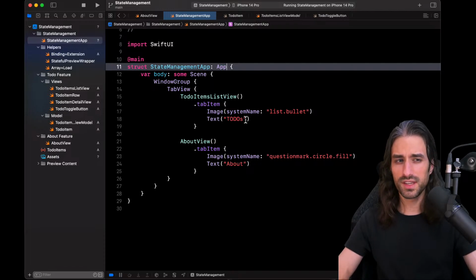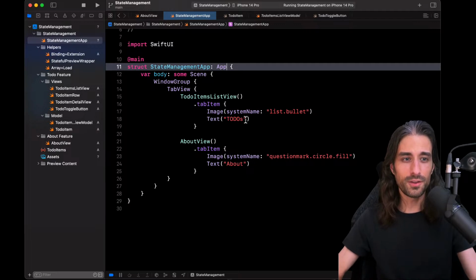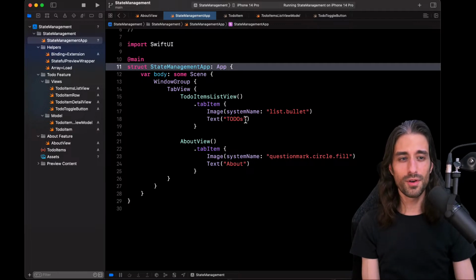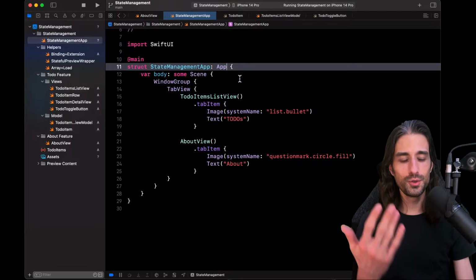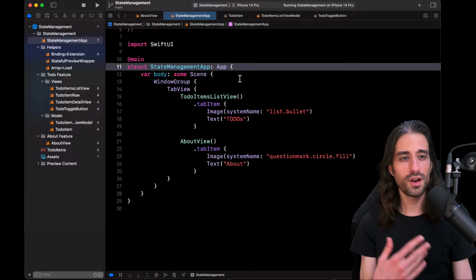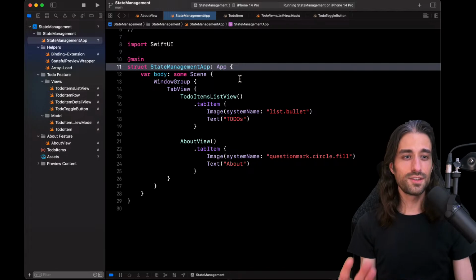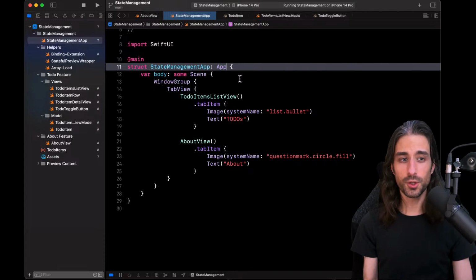In UIKit, you would even get a crash if you tried to do that. And so a tab bar is something that you will most of the time use at the top level, either the top level of your app, or the top level of the view you show after your user has logged in. So it's not a problem here that the tab view should know about all of its destinations, because it's already at the top level.